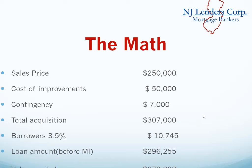There's some math associated. We'll keep it pretty simple. Let's assume we have a sales price of $250,000, cost of improvements $50,000. The contingency in this case would be $7,000. Total acquisition cost in this example, $307,000. Borrower needs to come to closing with 3.5% of that number,